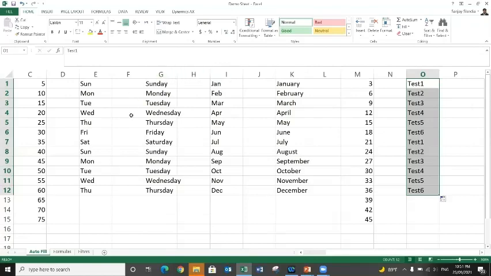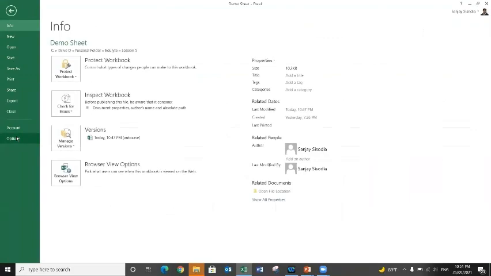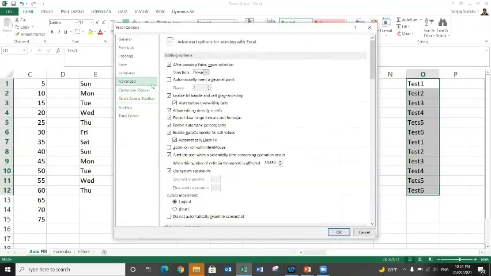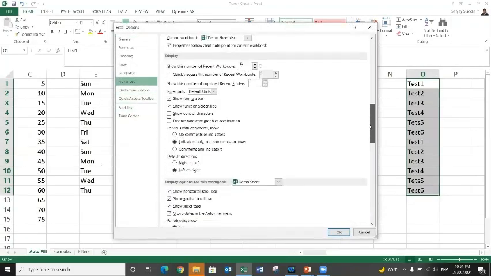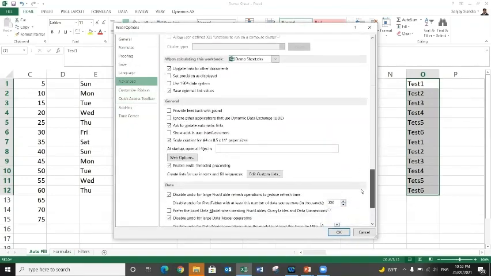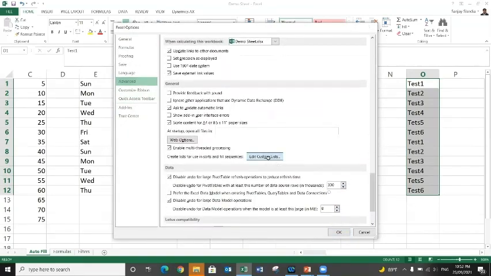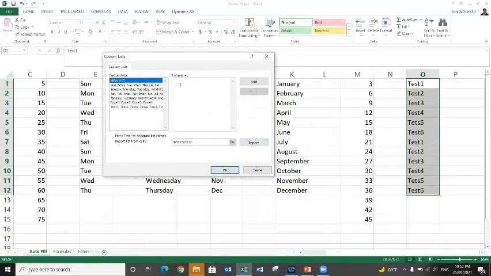So let me quickly tell you once again the steps of adding your customized list. File, Options, Advanced, drag it down and go to the option Edit Custom Lists. Click on this and here you can make the entries. So here we are going to make entries as a couple of names. For example,